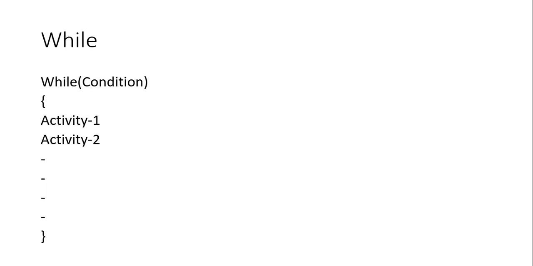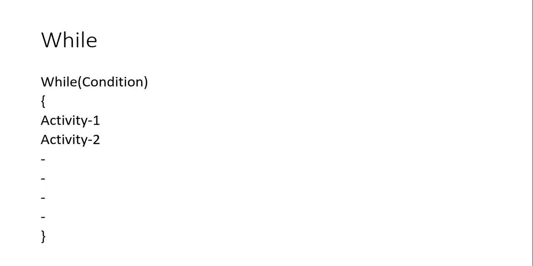Along with that, there is the while loop. Suppose you want to perform the actions multiple times, so we'll use this while condition. Here we are keeping a condition inside the while loop. If the condition matches, the statements inside the loop will get executed, or the activities present in that while will be executed, until the condition fails. Suppose my condition is I less than 5. Till the value of I matches 5, the while loop will get executed.